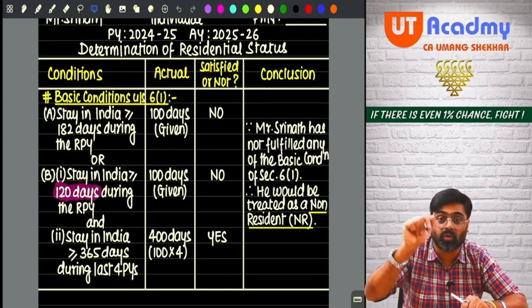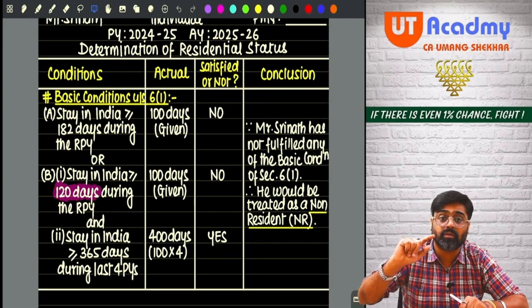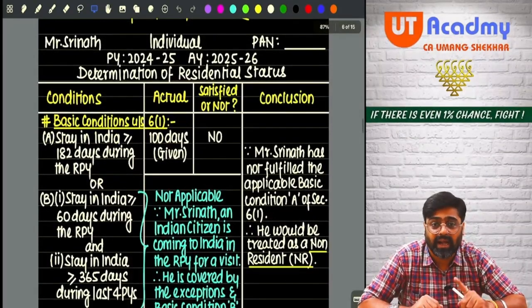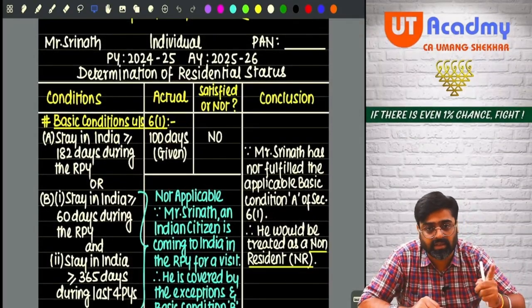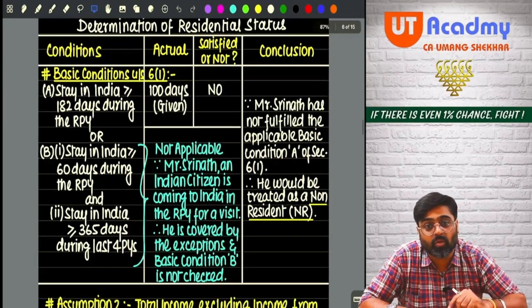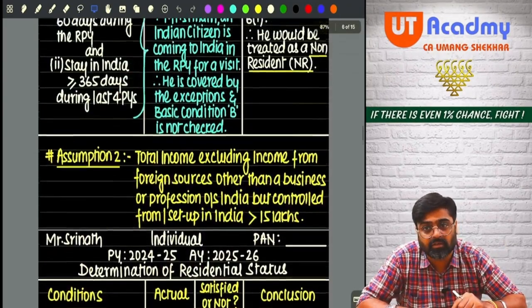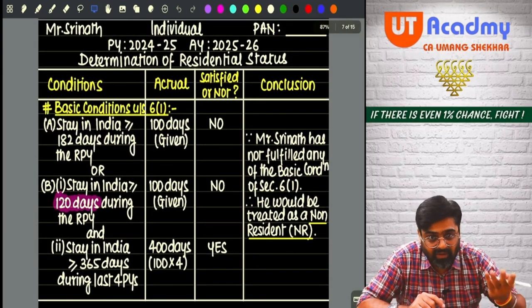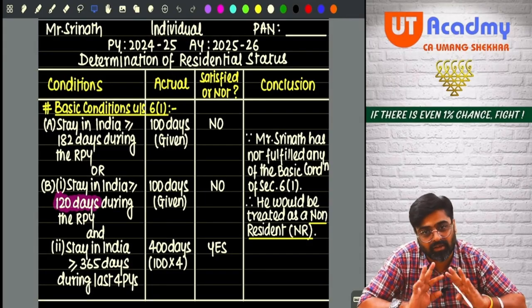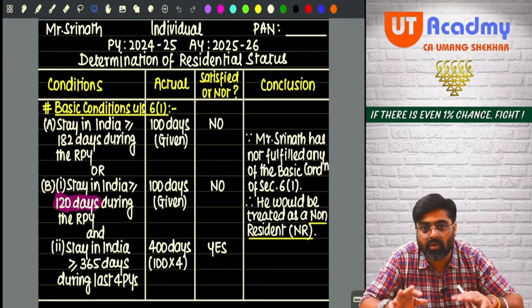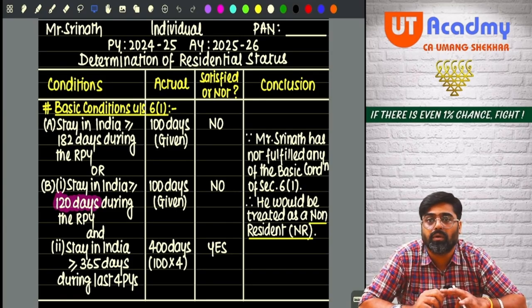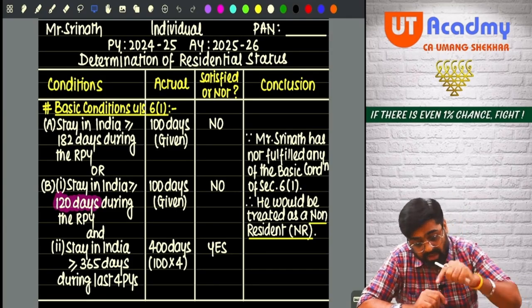If they had given you the total income as 15 lakhs or less, your answer would have been this one. And if they had said in the question that his total income is more than 15 lakhs, then your answer would have been this. You would have written this assumption as your answer. But since they have not given how much the total income is, it is safe to assume both and calculate both. It will not take much of your time. Getting my point? Understanding? Okay. Now the same question will go on.